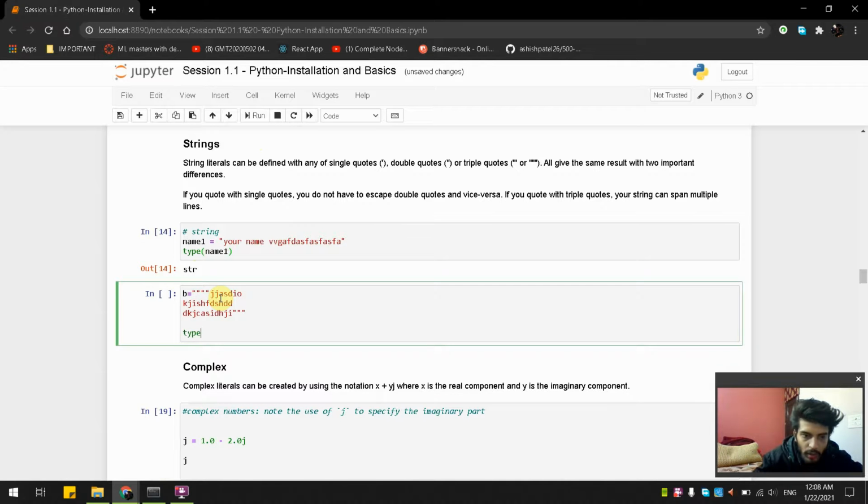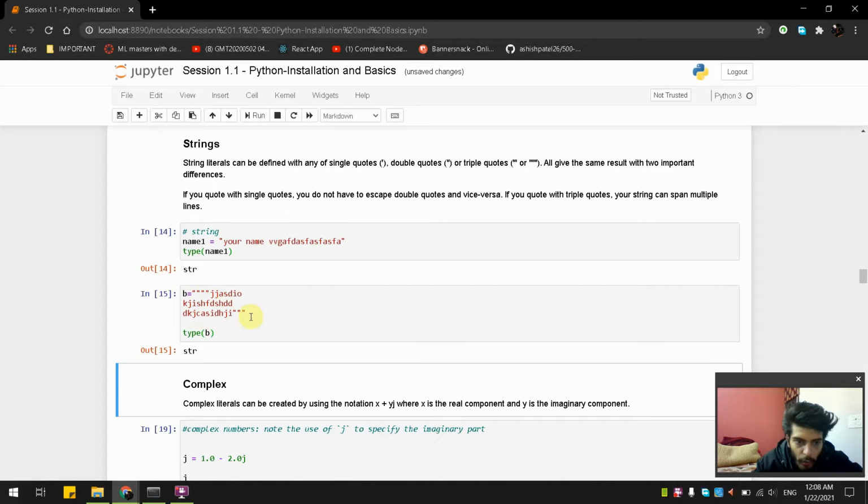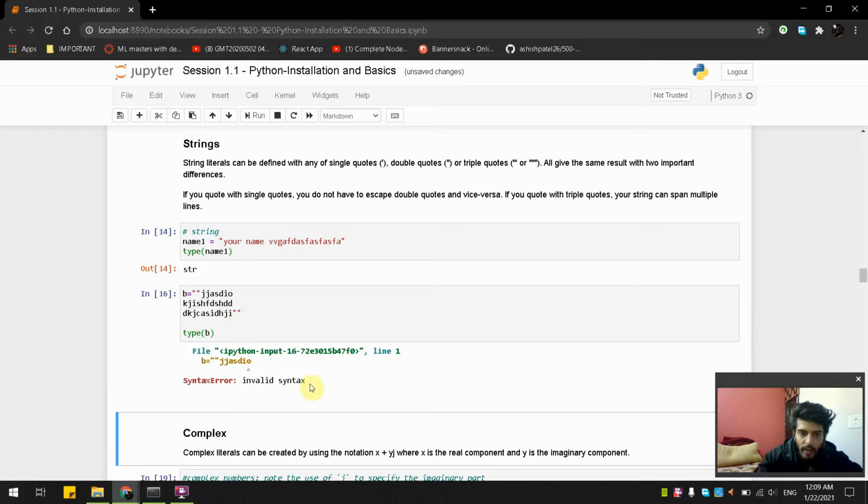Now I can see what type my b variable is. It's basically a string type. If we do it in a double quote, it will not remain a string. Like you can see, it basically gives 4, and now you can see there are only double quotes, and now it's not a string variable, it's showing invalid syntax.